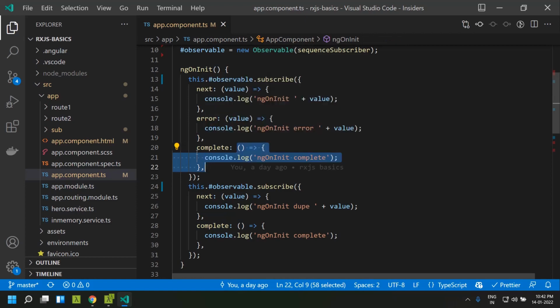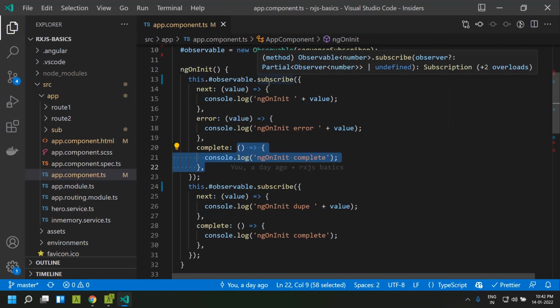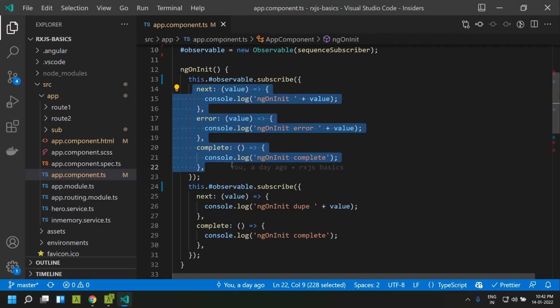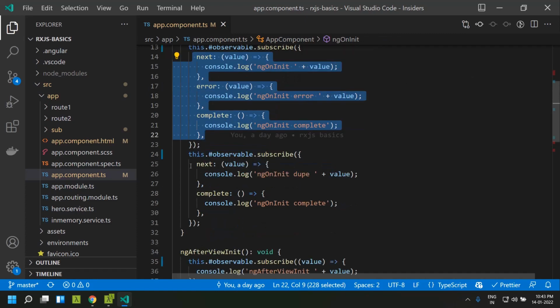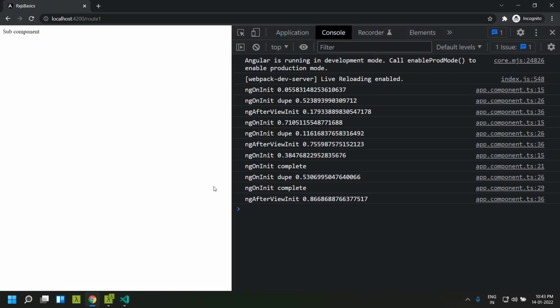Here in ngOnInit, I have added two subscriptions to the observable. In the first one I have added all three handlers, and in the second one I have added only next and complete. Now when we run our application, you can see that in ngOnInit we are executing our next handler.